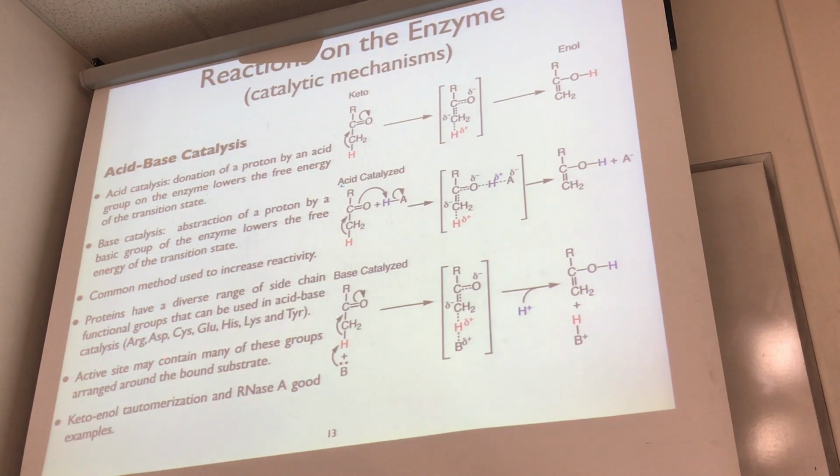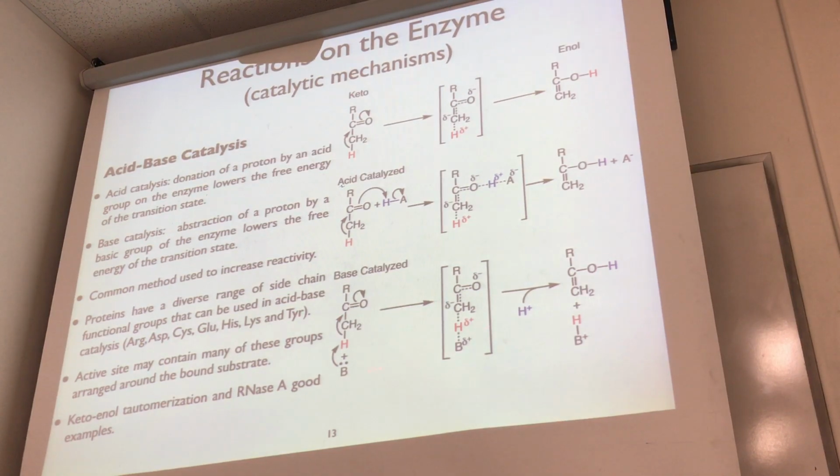Alternatively, with base catalysis, instead of dumping a proton here to help stabilize this delta minus, we have a basic group positioned to extract this proton away from the carbon, thus increasing the rate at which this kicks back over to form the enol intermediate, right? So in acid catalysis, you've got groups such as